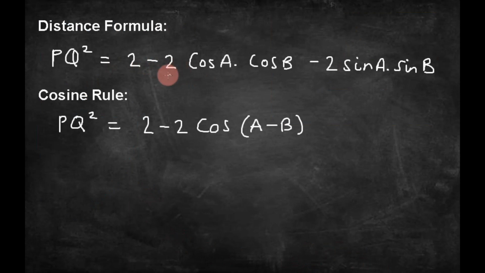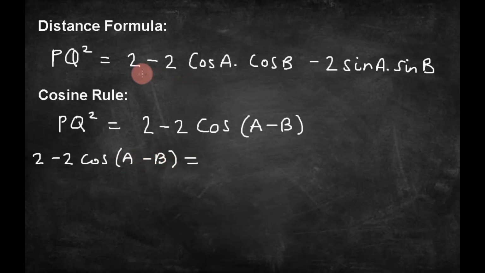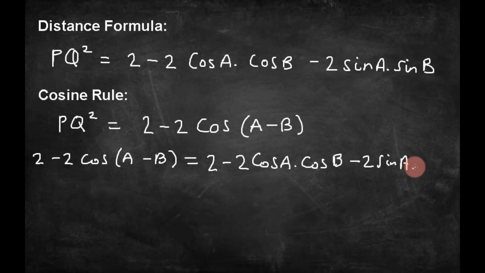So these are the two equations we have for PQ squared. One is from the distance formula and one from the cosine rule. Since both the right-hand sides of these equations are equal to PQ squared, we can make them equal to each other. So then 2 minus twice the cos of A minus B will equal the right-hand side of this equation. So 2 minus twice the cos of A times the cos of B minus twice the sine of A times